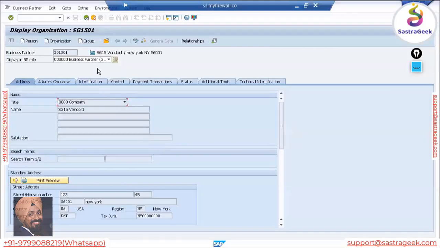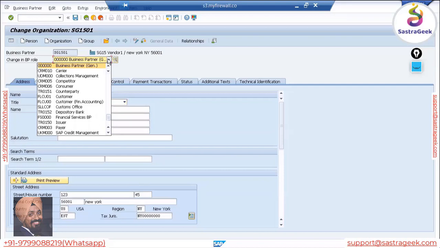So if I want to extend it, when you click it here, you will not see the role. That's why people say that I'm not able to extend. I got these kind of queries when I gave the assignment. So what you need to do is click on this change. You can switch between display and change. So when I click on this change, now I would be able to find all the different roles here.